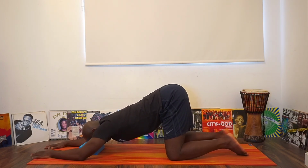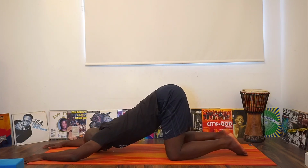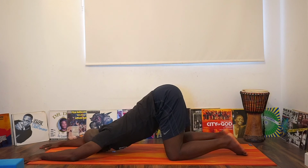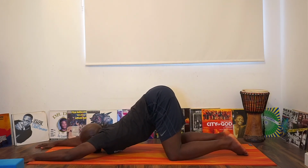Your arms are spread out in front of you, or if you have got the space, feel free to move the block and just bring your forehead to the mat. I love this one. It's a really nice opening in between the shoulder blades. If you've got space, maybe bring your chin to the mat. And if you want to level up again, see if you can walk the torso